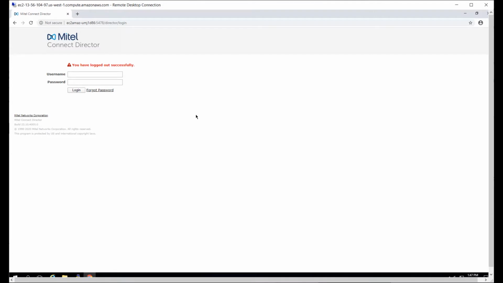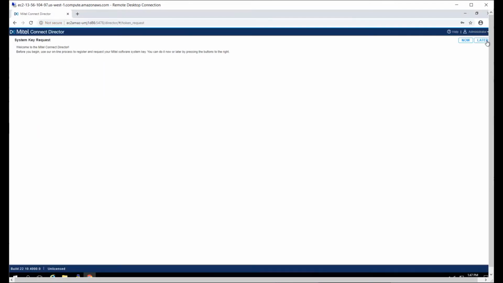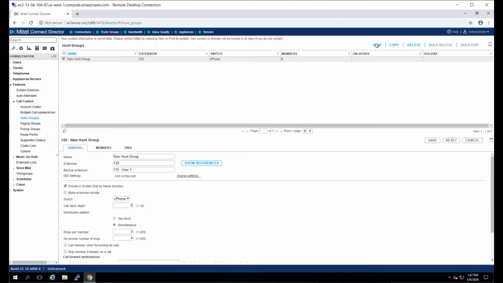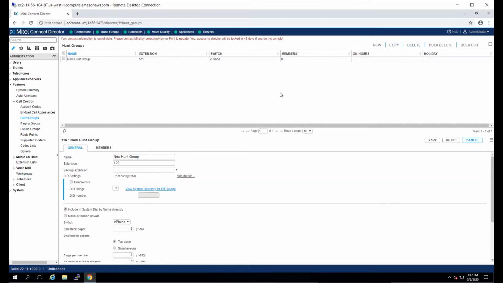Alright, so in this section I'm going to go over how to configure a hunt group. First, you're going to log into Mitel Director. Once you're in Mitel Director, you're going to come to the administration section and go down to features. It's going to be under call control and hunt groups. We're going to create a new hunt group here, and it's a fill-in-the-form type menu. So you're going to name your hunt group,